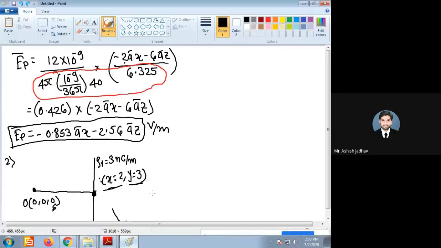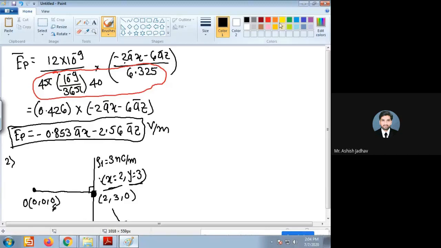So what are the coordinates of this point? Here we got a new point which is perpendicular, as I said. X coordinate is 2, y coordinate is 3, and the z coordinate we will take from the origin. So 2, 3, 0 are the new coordinates that we have obtained here.